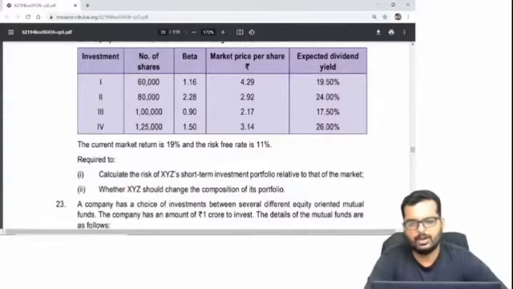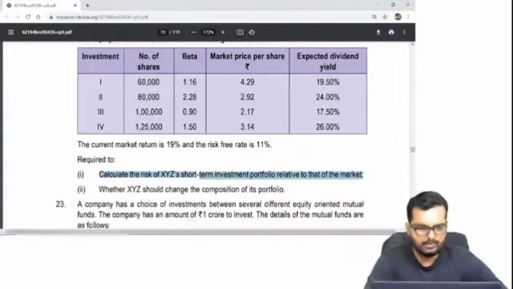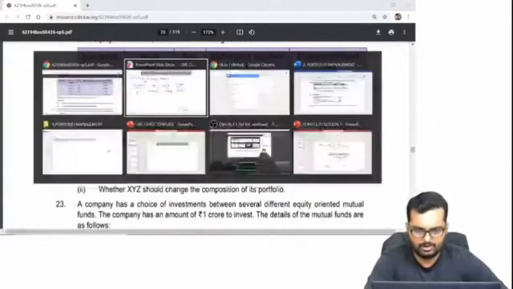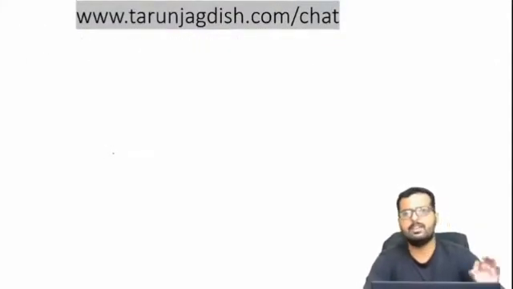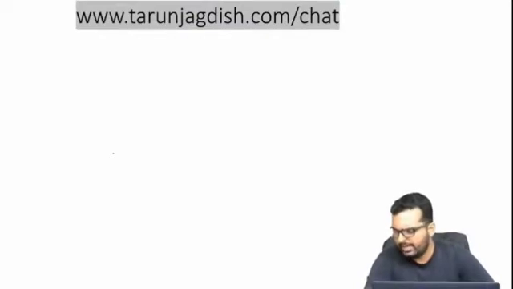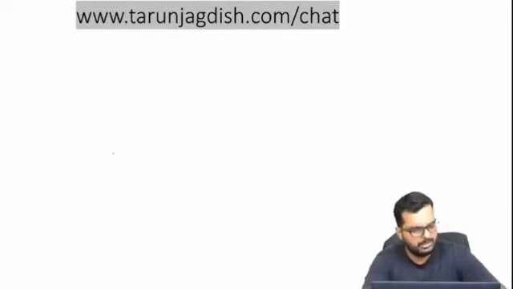Basically, they are asking you to find out the beta. And friends, we have actually found out the beta already. Have you not got the overall beta as 1.46? So this question is slightly illogical. The way the Institute has solved this is based on some assumptions which don't make sense, at least to me. So I would share with you my opinion.